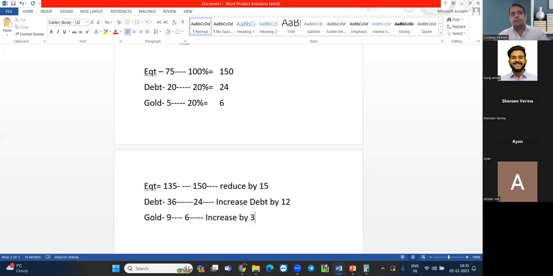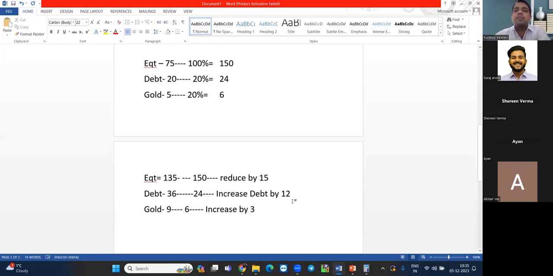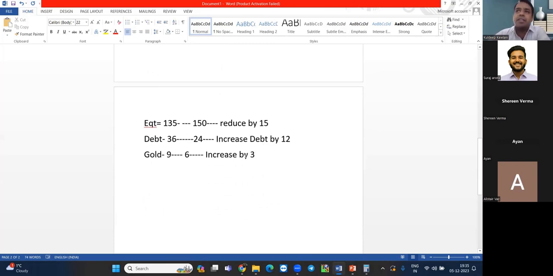Here I have to rebalance my portfolio, where I will book some profit in equities and reduce equities by 15. I book profit of 15 so that its value comes down to 135. And this 15 I will divide: 12 rupees I will put into debt and 3 rupees into gold. So my new portfolio allocation would be